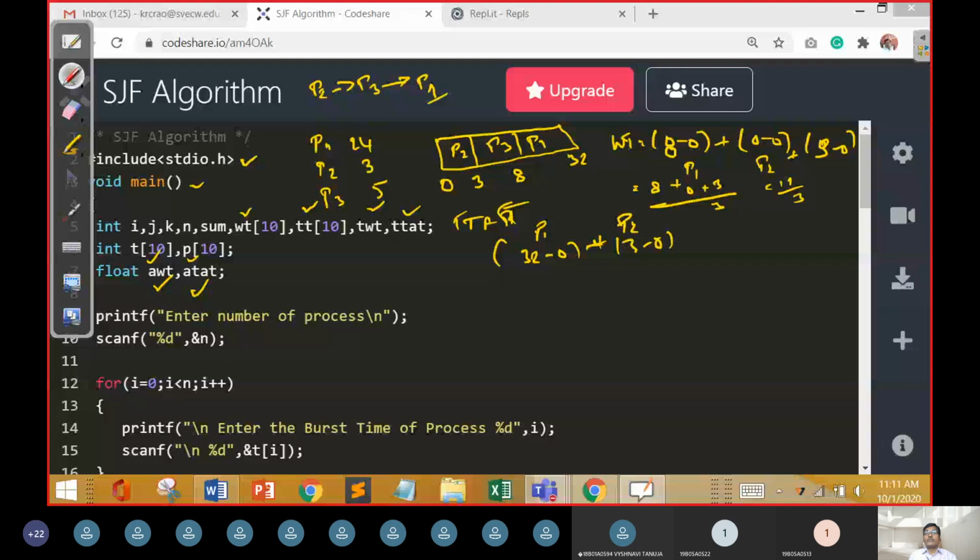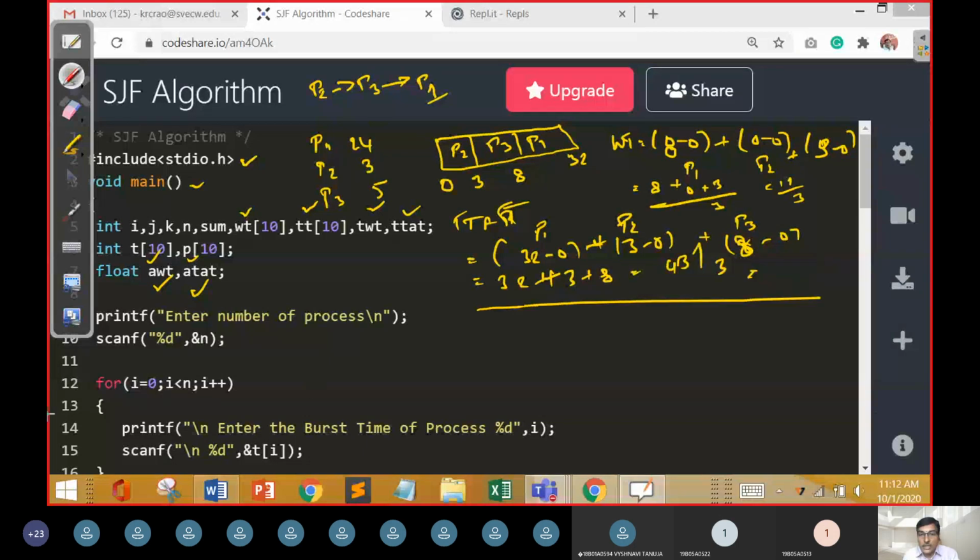P3 arrived at 0, and P3 concluded at 8. So we take 32 plus 3 plus 8, which is 43, divided by 3 milliseconds. So that is all regarding the computational part.